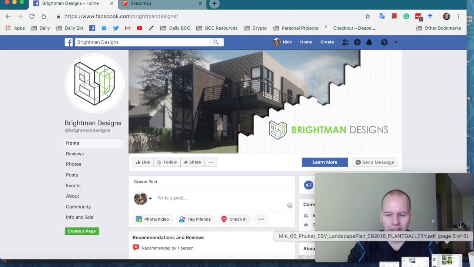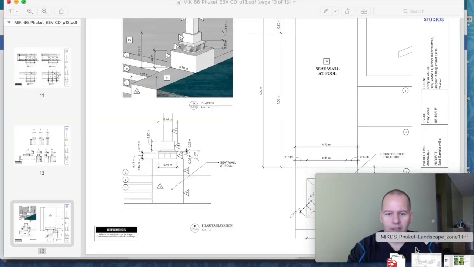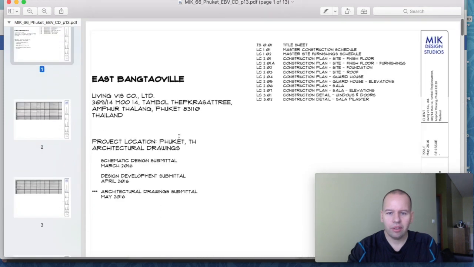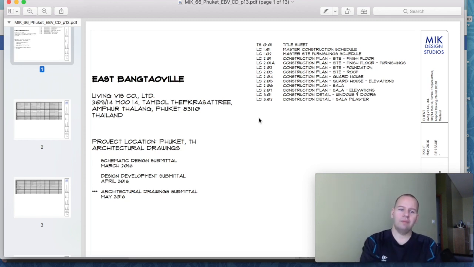So what did I create? Let's take a quick look here. I'll show you. If you're familiar with design, here's the project, and it's in the south in Phuket. Not too complicated. I feel like I can show this just because maybe it'll get built at some point. I'm not sure.